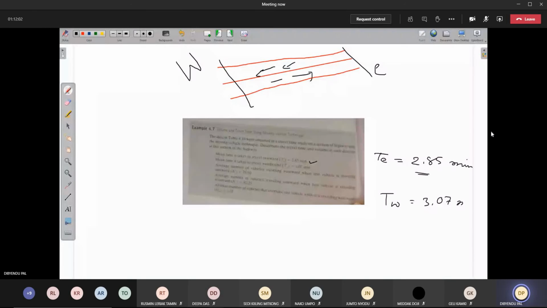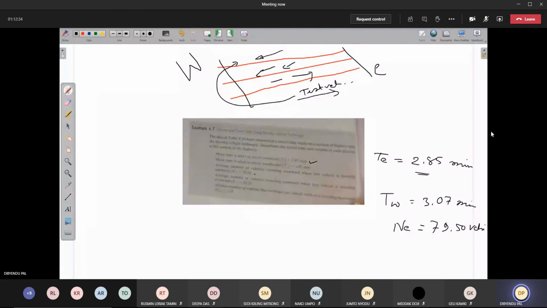The test vehicle was traveling in the east direction, and the number of vehicles were counted in the west direction. This is the test vehicle. When the test vehicle was moving in the east direction, what is the number of vehicles in the west direction? That is denoted by NE, as we have seen. And this average value is given as 79.5 vehicles. Don't be confused with this fraction because it is the average number. That's why it is coming like that.